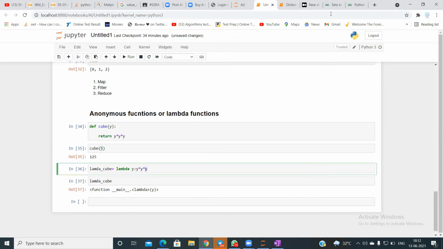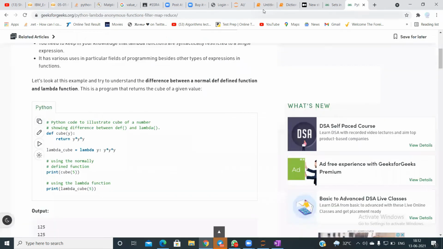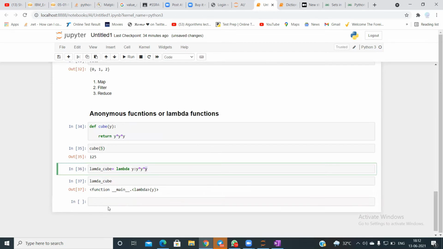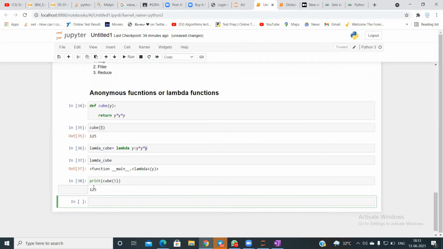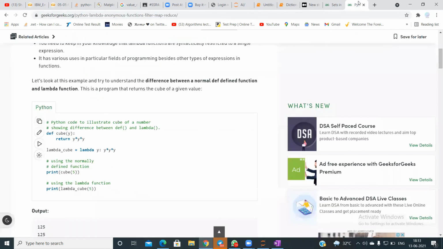In order to access the output, I'll take this lambda function and say cube of 5. I'm getting 125.